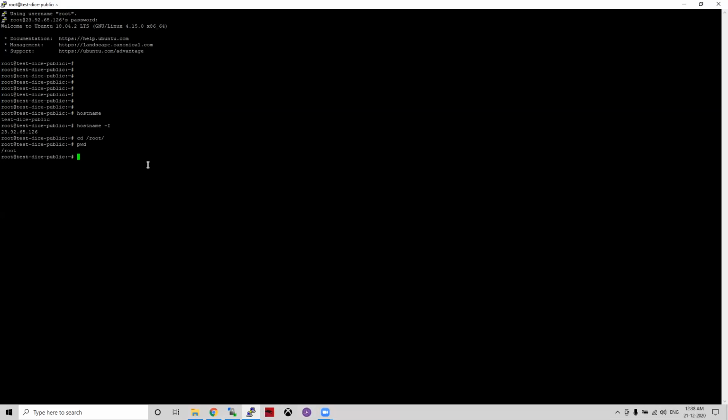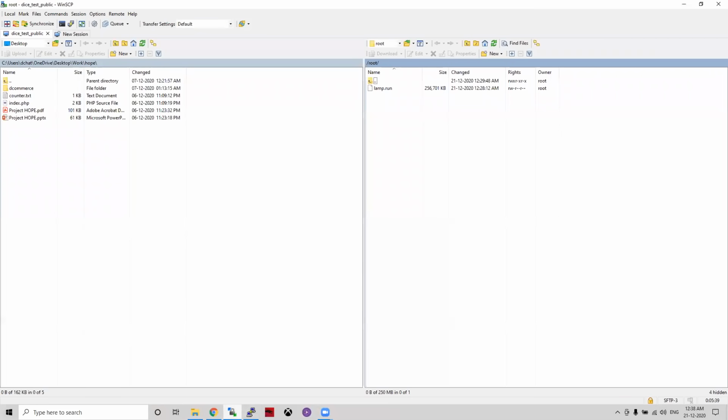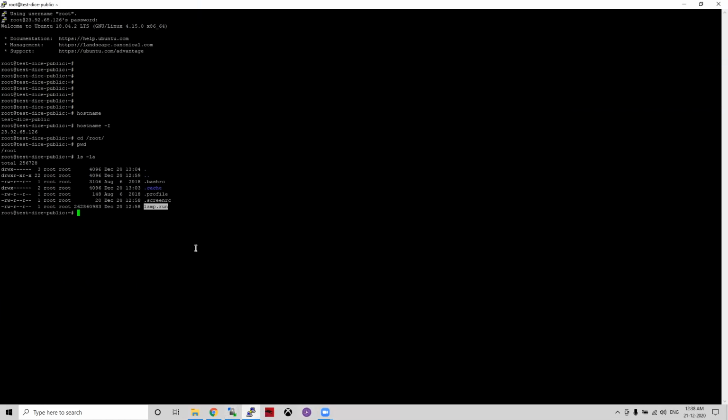Okay. Now you can run ls -la. If you run ls -la, you can see the file name is available already, that is lamp.run, which we are trying to implement. This is the lamp.run, this is the folder.